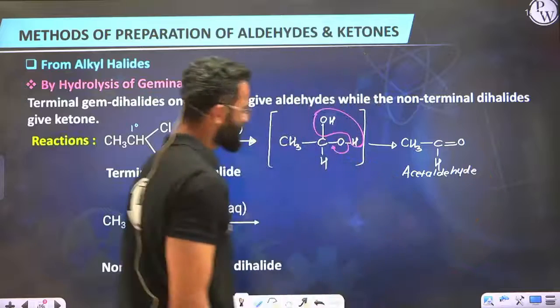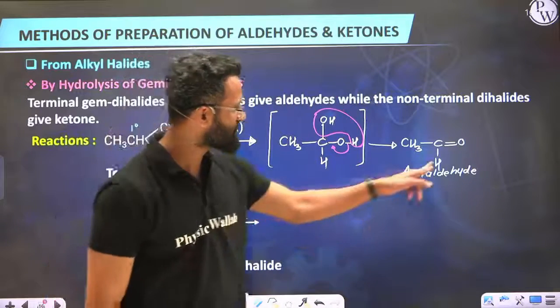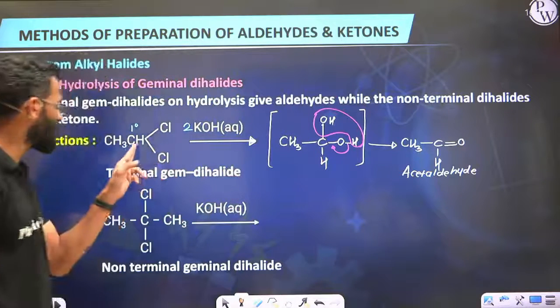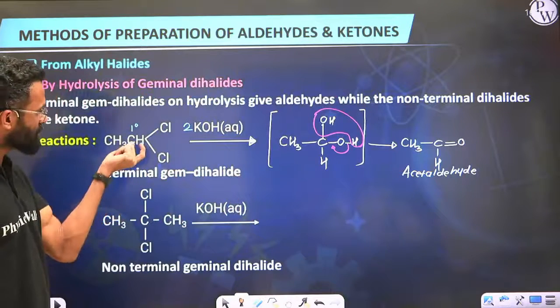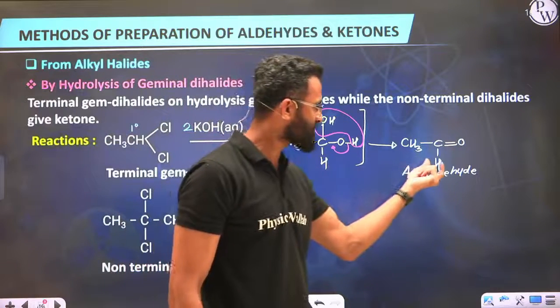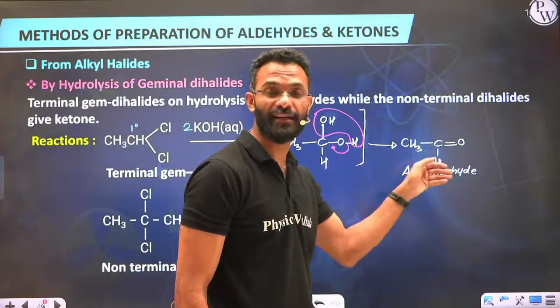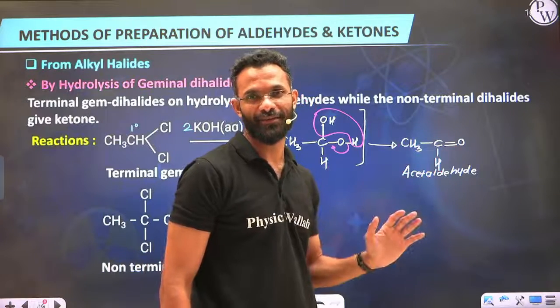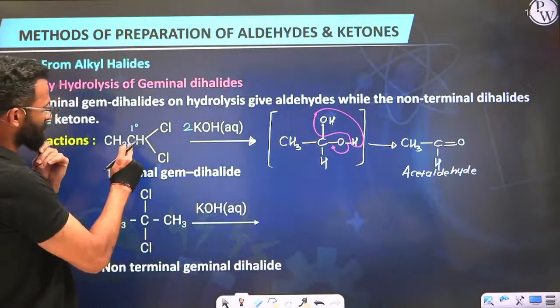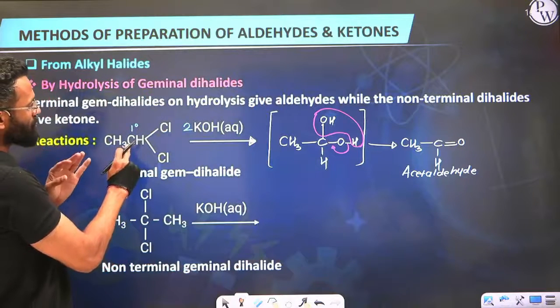Now everyone just look at this H. This H is the same H which was present at the terminal carbon, that is primary carbon. Imagine if we substitute this hydrogen with methyl. So this H will also be methyl. In that case, we won't get aldehyde. We would rather get ketone. So we got ketone when we substituted this H with CH3, meaning now this carbon was no more terminal,